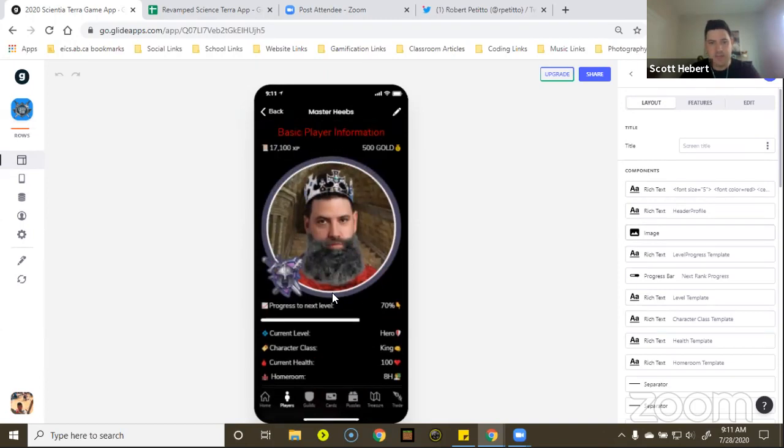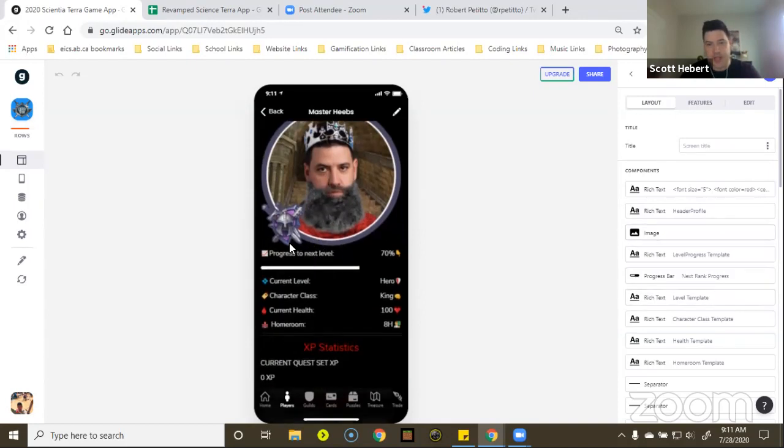This is one of the things that Bob figured out that I don't want to give away until I get his approval to do so. But what he did was you take your avatar picture. I obviously photoshopped a beard on myself just to mess around because I'm a big dummy. And I have it tracking your XP and your gold. And then from here, it grabs your picture and then it determines your rank.